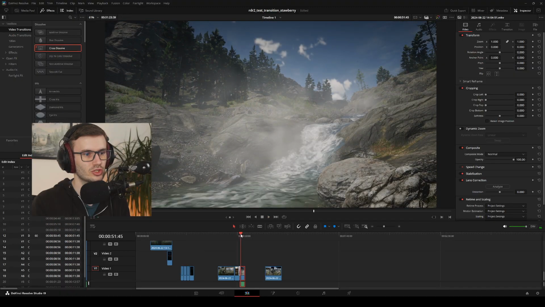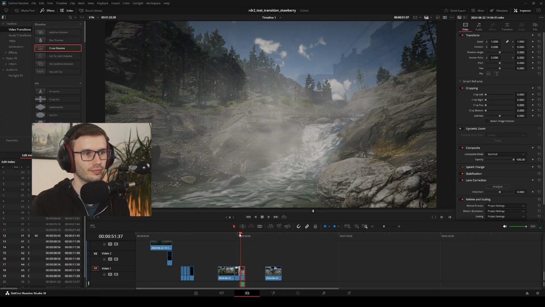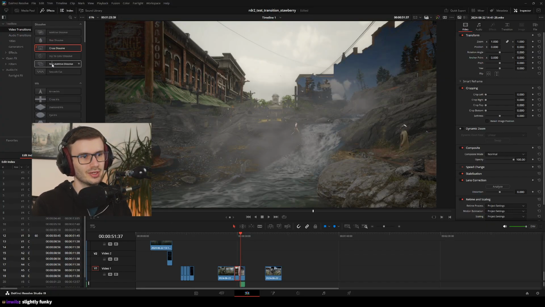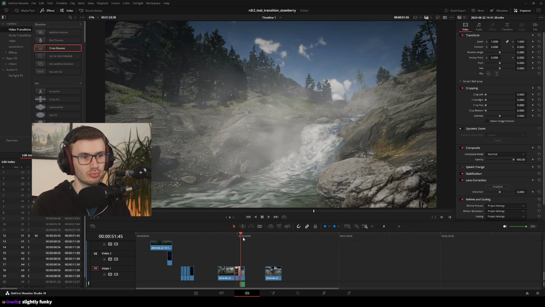But it's just slightly funky. It makes it look off, the fact that there's like two kind of blurring things happening at the same time, and it looks like it's a glitch. So I don't think that'll work very much. So I think another dissolve would have to work there. Yeah, just slightly funky. I mean, a cross dissolve looks fine generally, but just because of that mist being